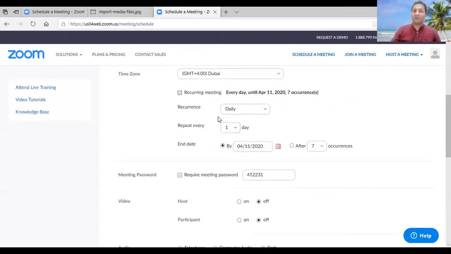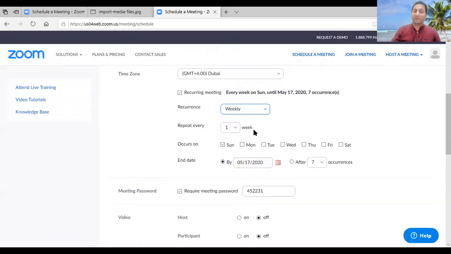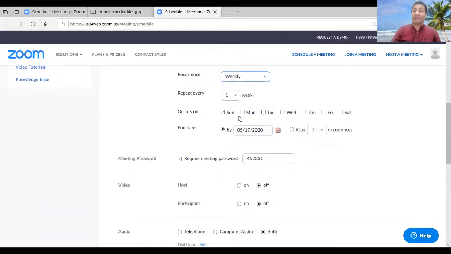When you get the more options, look at the daily. For this particular class, do you want this ID daily or weekly? I want to fix this on weekly. I will click on the weekly option. I have a class at 8 o'clock in the morning on Sunday, and the same class on Monday, and the same class on Tuesday. I will click Sunday, Monday, and Tuesday. I fix this now.